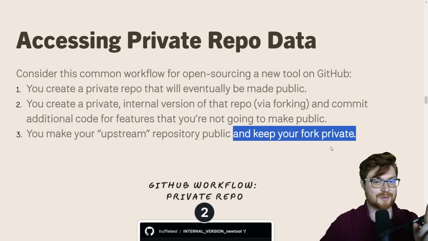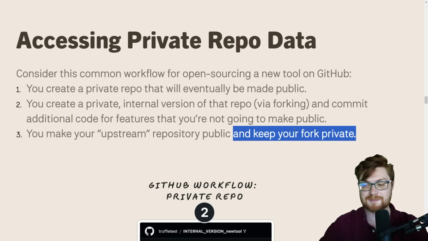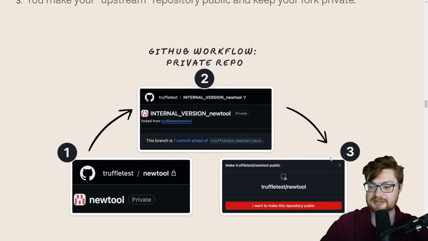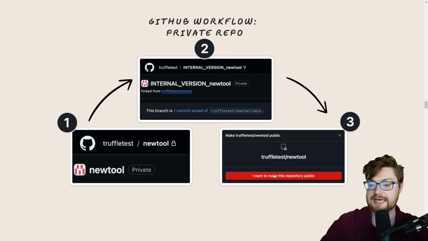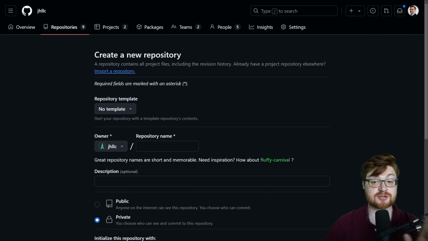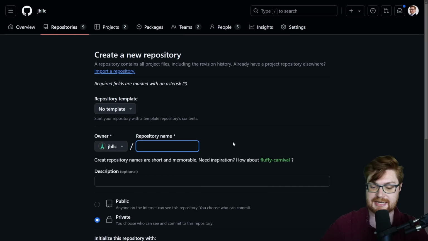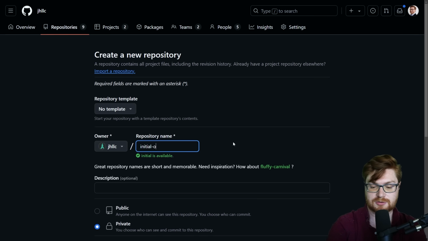Now, with everything that we've seen thus far, are you kind of putting the puzzle pieces together and seeing how this can come to life? Look, create a new tool, private, make an internal version of it as a fork, end up publishing and making public the original starting initial repo. So let's try to create that scenario from our org account, just as another secondary account that I want to use here. Let's go ahead and create an initial org private repo. No longer public, but private in this example.